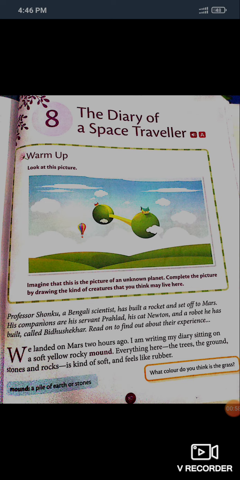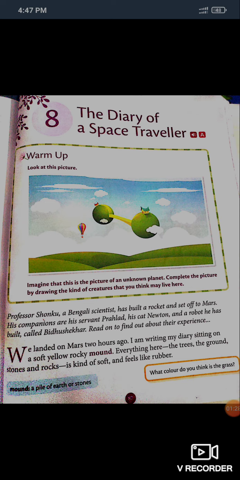So, let us start with the chapter reading. First, three lines are here. Professor Shanku, a Bengali scientist, has built a rocket and set off to Mars. His companions, that means his friends, are his servant Prahlad, his cat Newton, and a robot he has built called Bidhushekar.